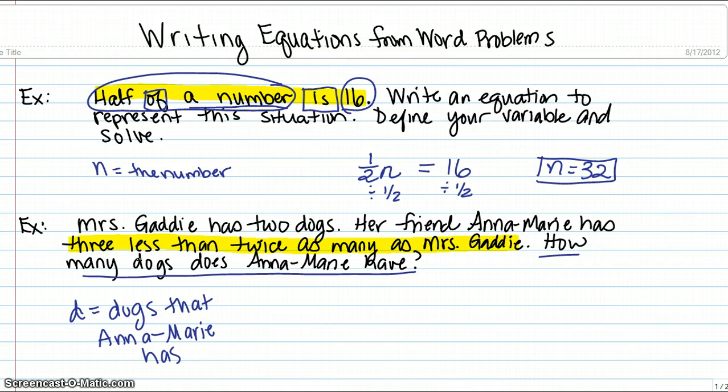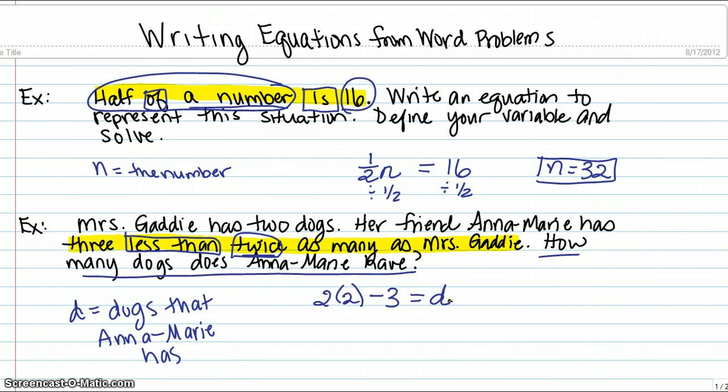If it says that she has 3 less than, there's a key word that we talked about on day 1, twice, that's another key word, as many as Mrs. Gaddy. That means that Mrs. Gaddy has 2 dogs. If we want to do twice the 2 dogs Mrs. Gaddy has, that's 2 times 2. And less than means to subtract. We have 3 less than that. So we're going to subtract 3. And that should be the number of dogs